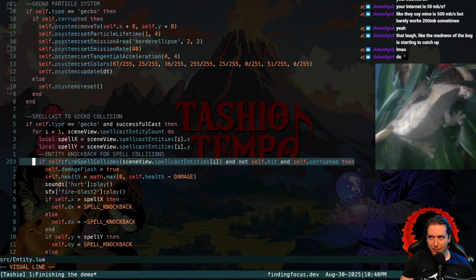So maybe the self-hit isn't getting flushed when the DX fails to get set to 0 because we manually assigned it to be walk speed. That's the only thing I got, because we're overriding the DX, because normally